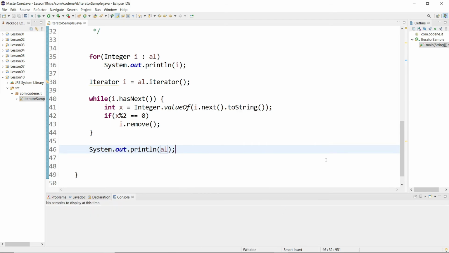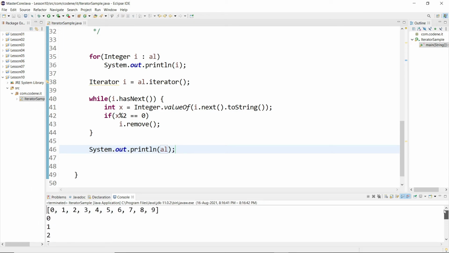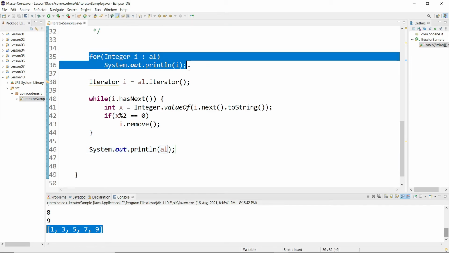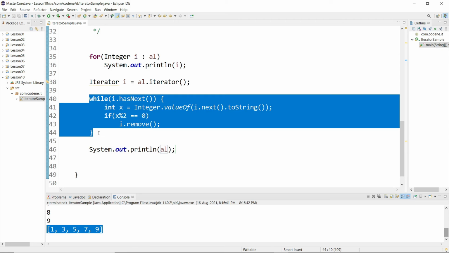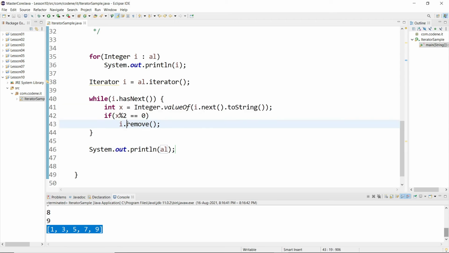Let's run the Java application, and as you can see, all our even numbers are removed. This is our original array list, and after the logic that I wrote, all the even numbers are removed. So you can use the for loop when you just need to get the value, but you should use an iterator when you need to perform a certain function, specifically the remove function.